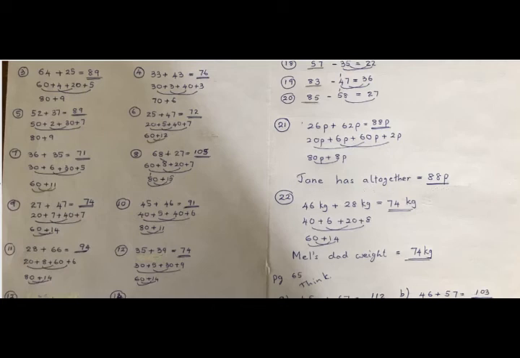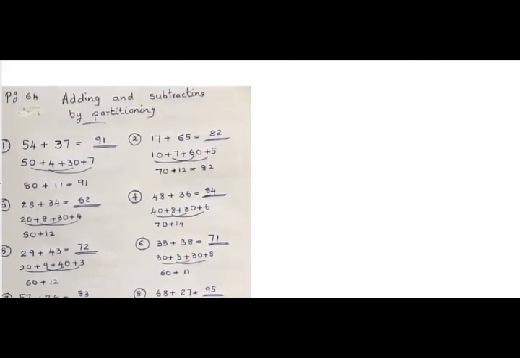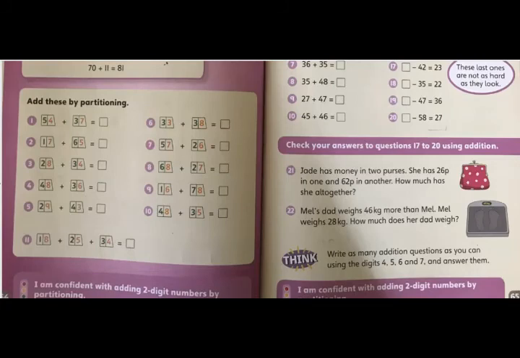Right. We'll move to the 22. That is also a word problem. I'll read the question. Male's father weighs 46 kilograms more than Male. Male weighs 28 kilograms. How much does his dad weigh? Male is 28 kilograms. His father is 46 kilograms more. Then how can we find the weight of the father? By adding